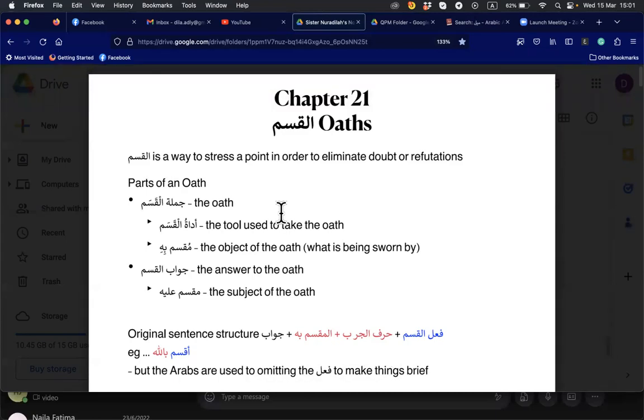Also, we're doing Juz Amma. So far, in the surahs that we have done in Juz Amma, we haven't seen a lot of oaths yet. All the calls, all that, no oaths yet. But one of the trademarks of Juz Amma is the oaths, right? There's a lot of Asr, and then you have by the moon, by the sun, all this, right? So I think we need to go back to this revision.